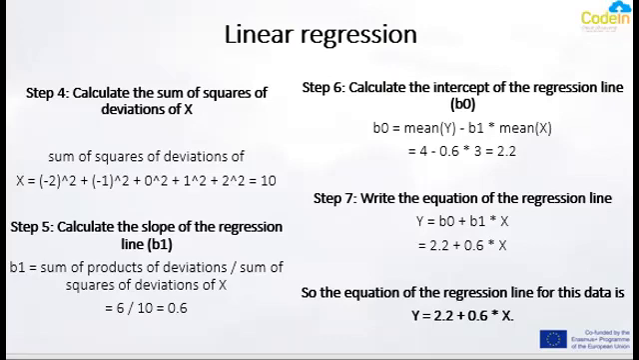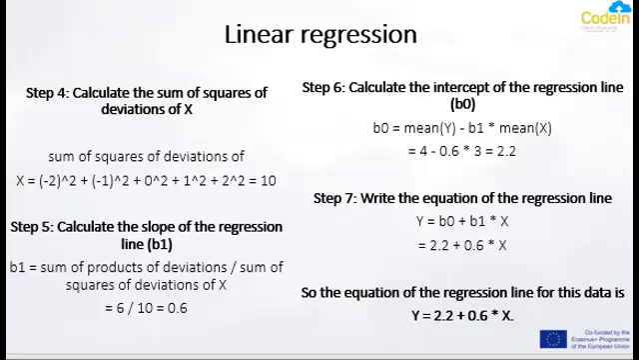The fifth step is to calculate the slope of the regression line, B1. This is the line that best fits the data and can be used to predict Y values from X values. To calculate the slope, you divide the sum of products of deviations by the sum of squares of deviations of X. In this case, the slope is 0.6, indicating that for every 1 unit increase in X, Y tends to